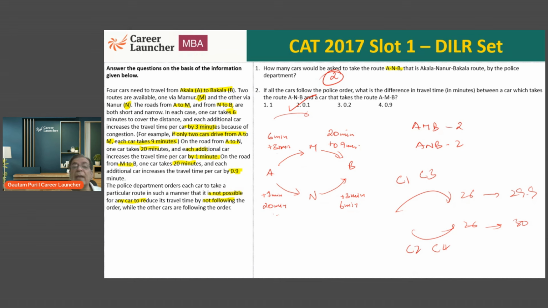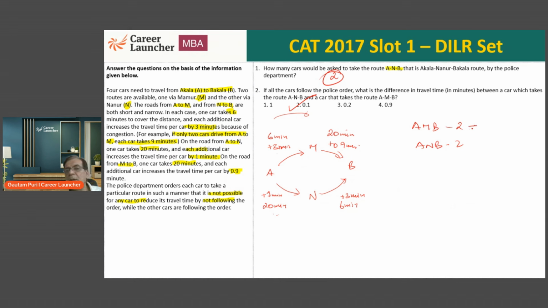If you are going to make cases and say, let me check for 1, 3, 3, 1, 2, 2, you are wasting your time. Chup chap 2, 2 karo. And secondly, what is the difference in that time? We have already calculated. If there are 2 cars going via A and B, there will be 6 plus 3, 9 minutes